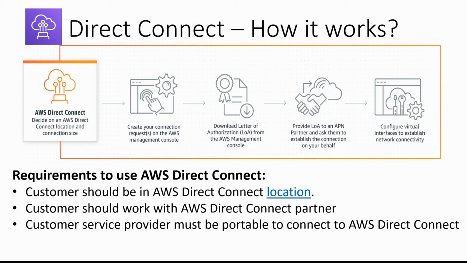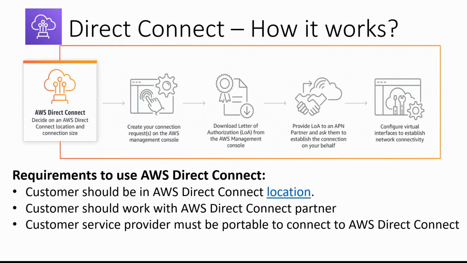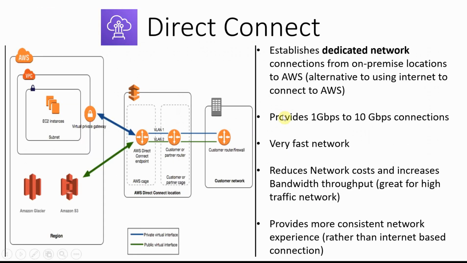But typically this all takes some time, so it's not very instant. It depends on the vendor and other aspects, but generally it takes a minimum of 1 month to have this whole process completed. That's one of the drawbacks of Direct Connect, but that's how it is. So that's one use case, where an on-premise network wants to talk to the cloud on a private network,